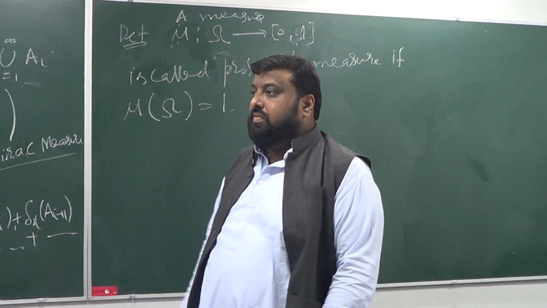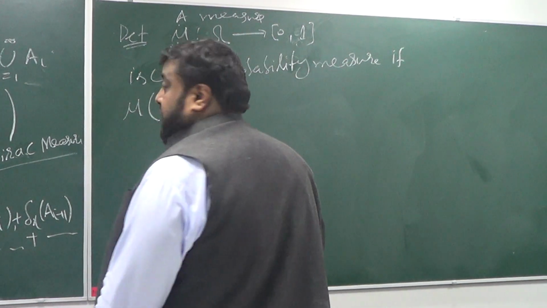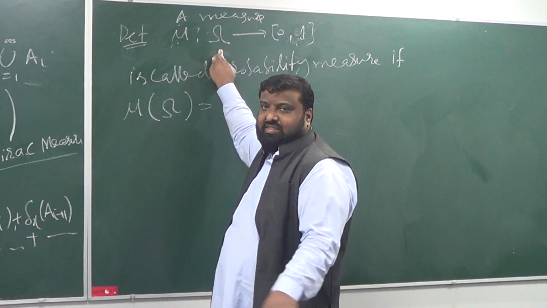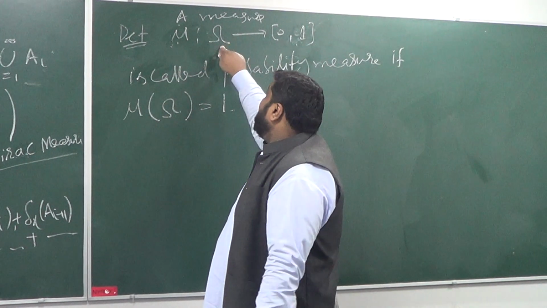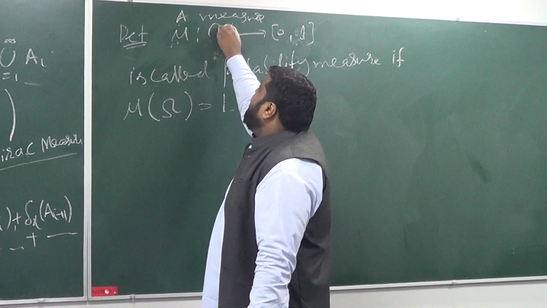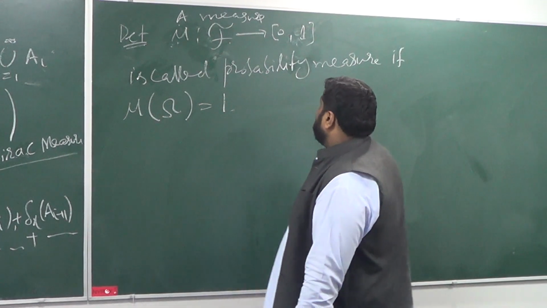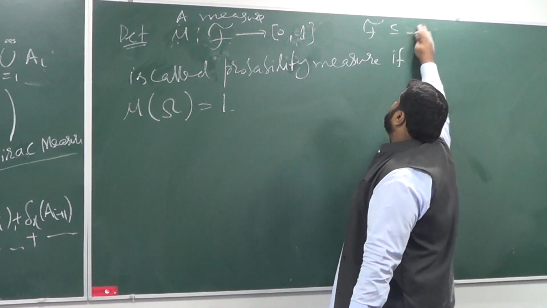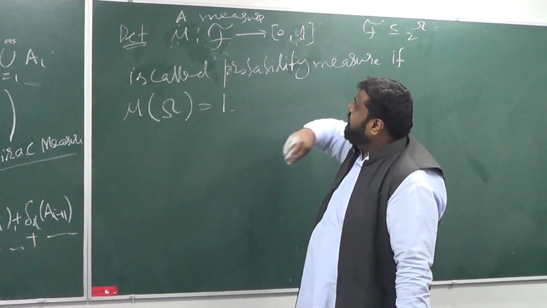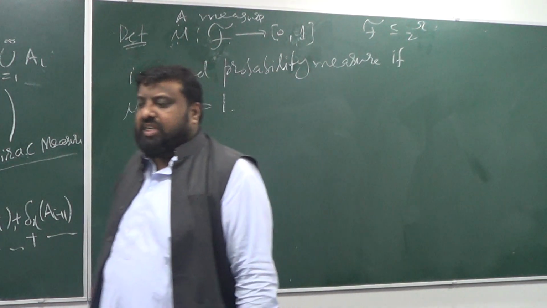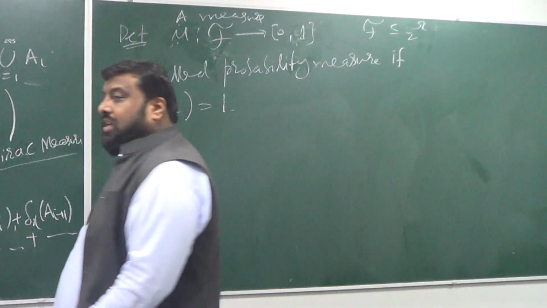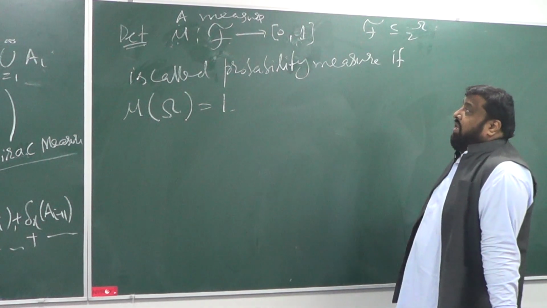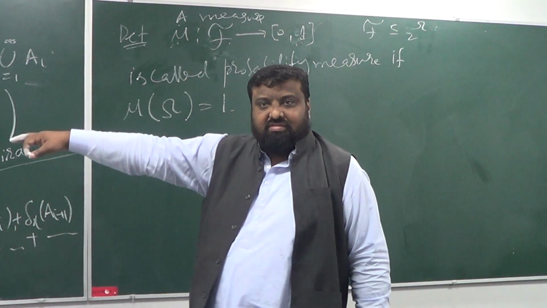And what will be our omega? Sample space. So it could be any set. So mu is a map from any set. No, we should say sigma-algebra, events. So it's a collection of subsets of omega, 2 to the omega. So a measure is going to take an event and give you a number between 0 and 1. So a measure just satisfies these